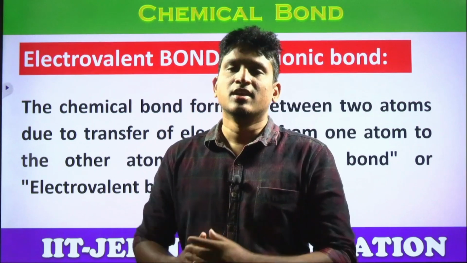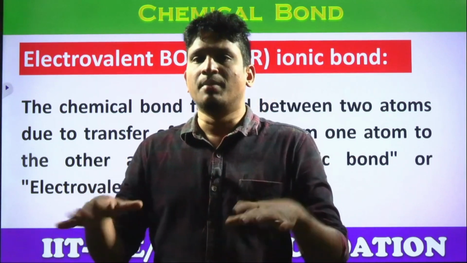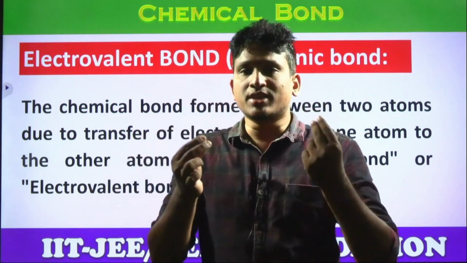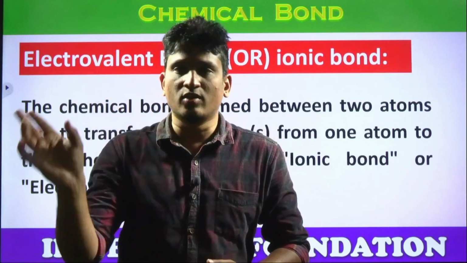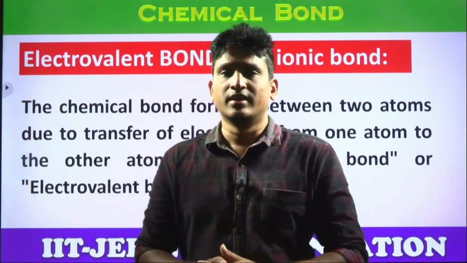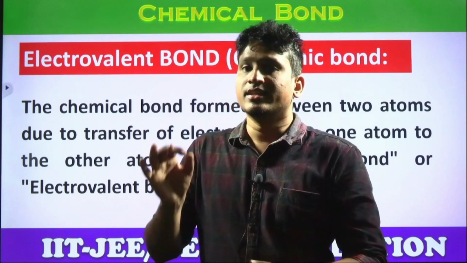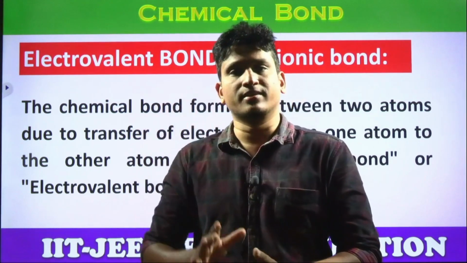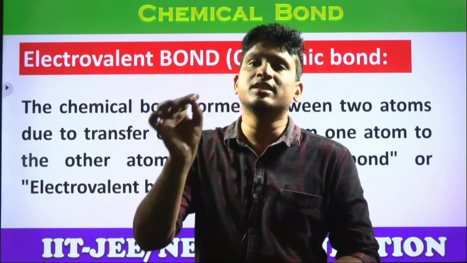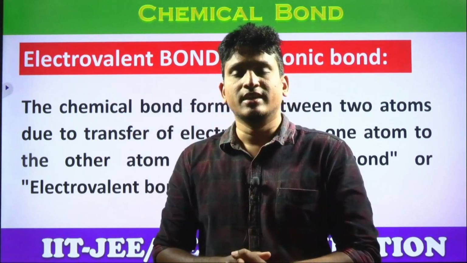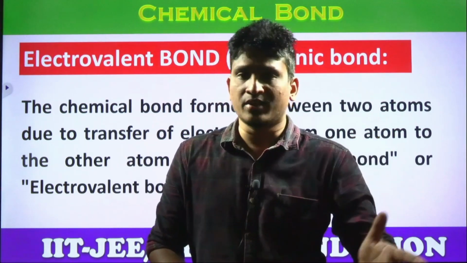Got the clarity, students? So in which case can we expect this bonding? What are the examples? Everything we'll discuss. First of all, by definition, it is the electrostatic force of attraction, a strong one, not weak. This is not like the normal weak intermolecular forces, not general van der Waals forces. This is the strong electrostatic force of attraction between oppositely charged ions, which is called ionic bonding. Oppositely charged ions means between cations and anions.